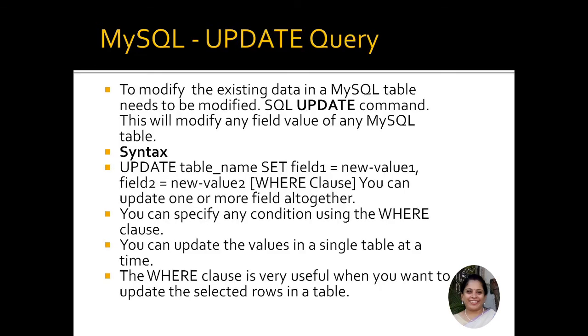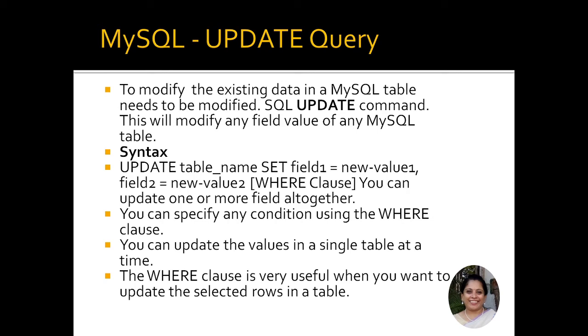Now proceeding further, if you want to update a query, that is, modify the already existing data, I have the update command. So here what I do, I write update, I write the table name and which entity to update. I need the set keyword and I say field name, that is your column name, and the new value. Again comma separator, field name and the new value. If I want a where clause, I can put that, and you can update one or more fields together.